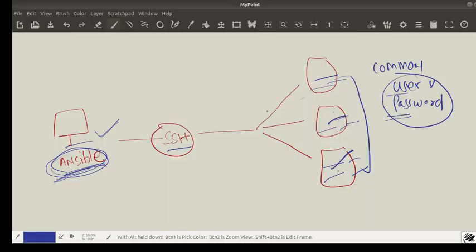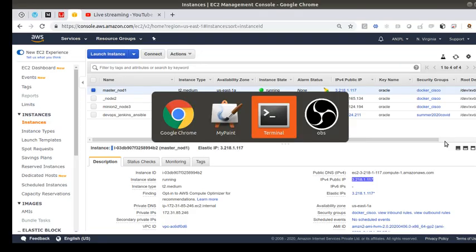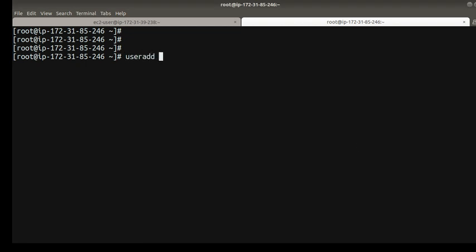So the username is ad hoc and the password is 123 Red Hat. Okay, so let me do that. I'm using the useradd command to add an account, and then I'm using the password 123 Red Hat. And this password I'm supplying to the ad hoc user,